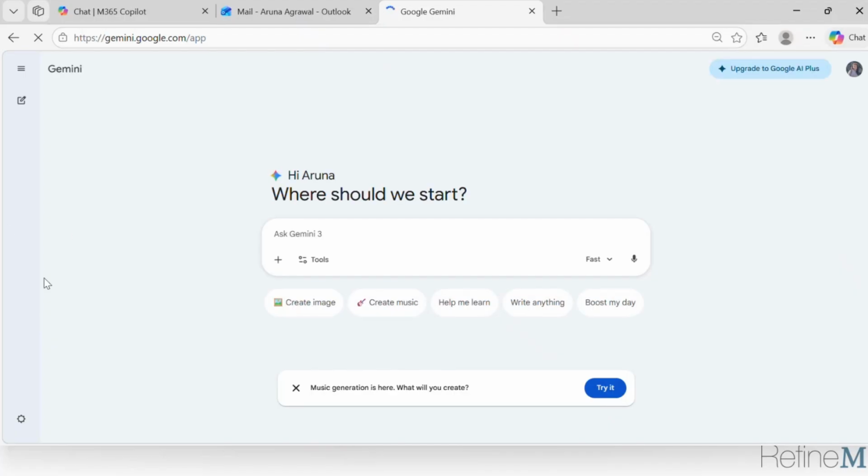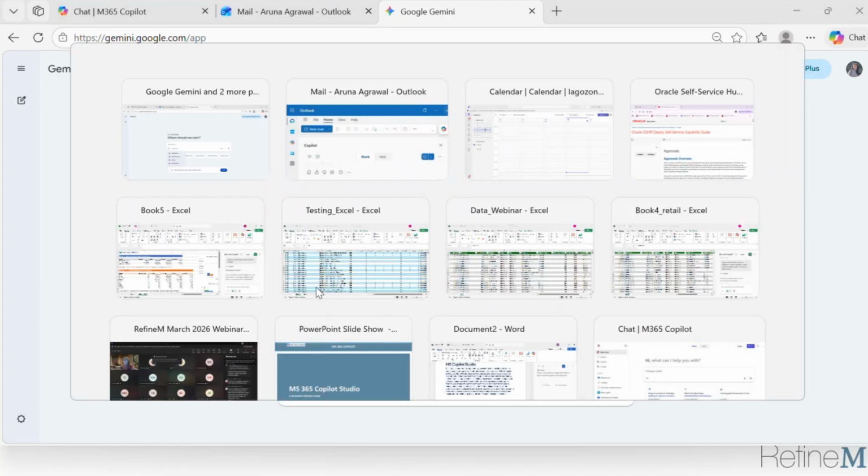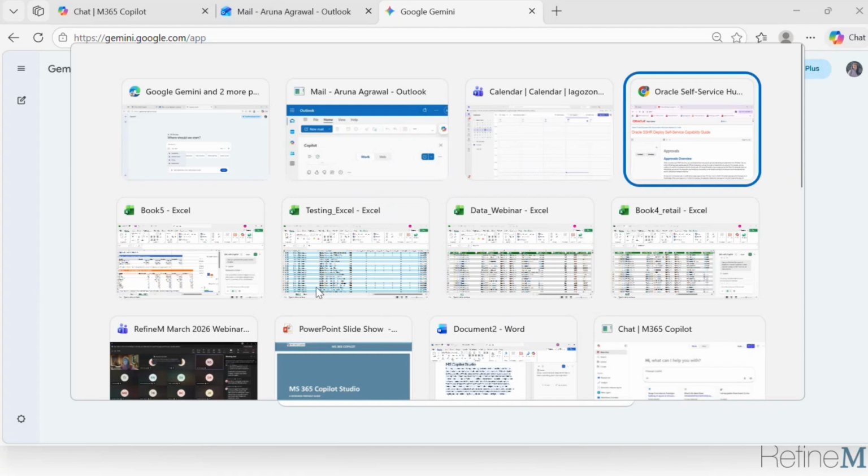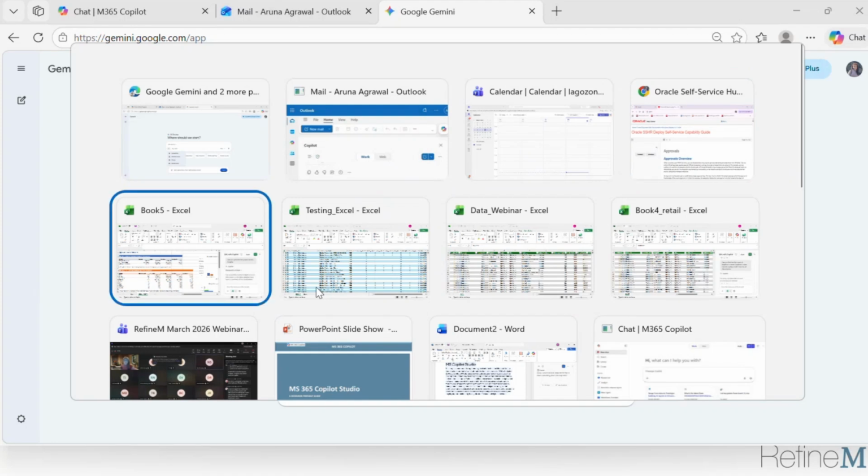Here I can do the same operation, so the features would be the same. The difference is all those files I have to upload over here. Now, when you are uploading your file in any of these platforms, most organizations have security concerns, because it is outside your organization environment. But when you talk about Microsoft, when I go here and upload,